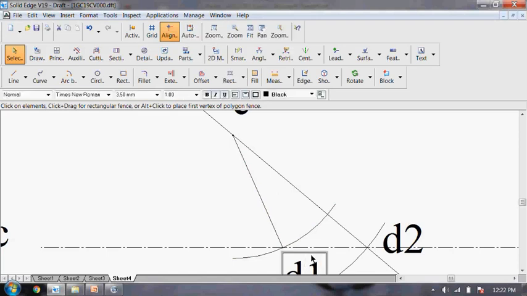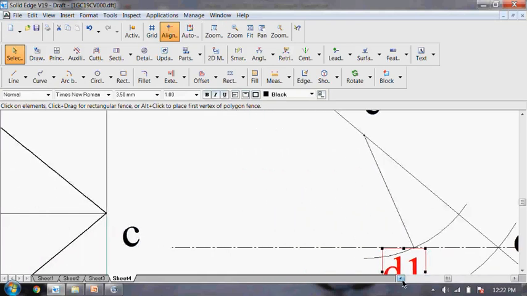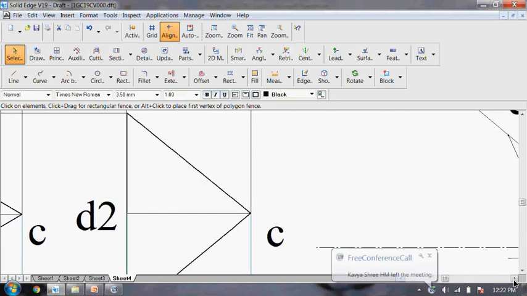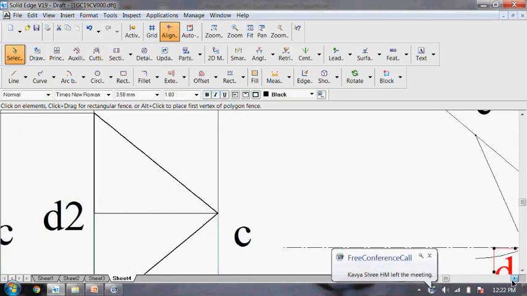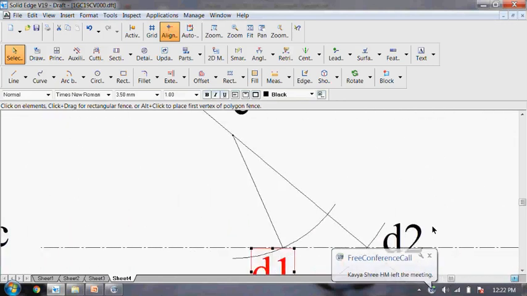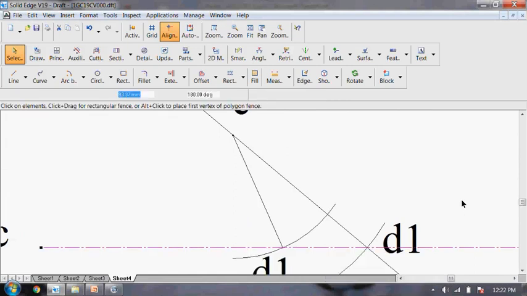Okay, so this is what we have taken. It's a C. Okay. Previous one. This is C. This is CD1, and this is CD2. Okay. So CD1 is the median of regular lamina, and CD2